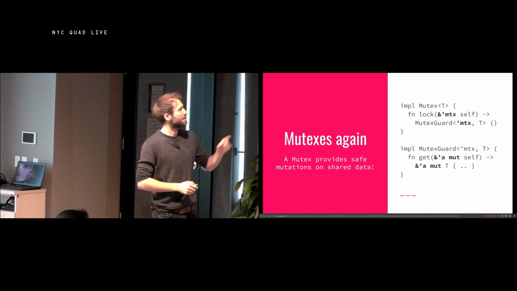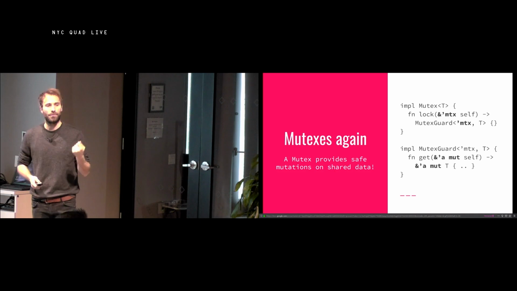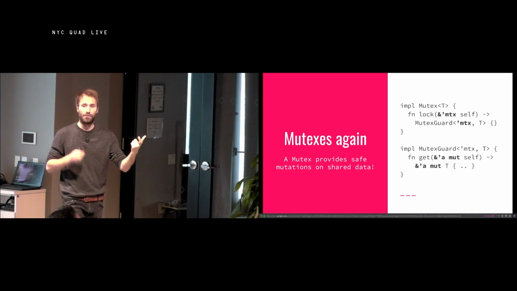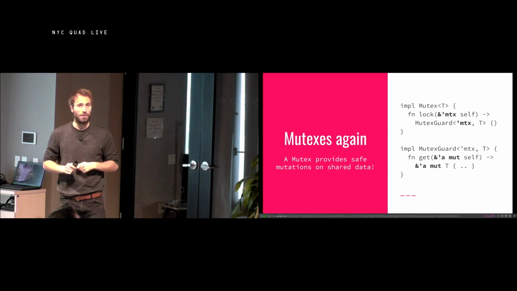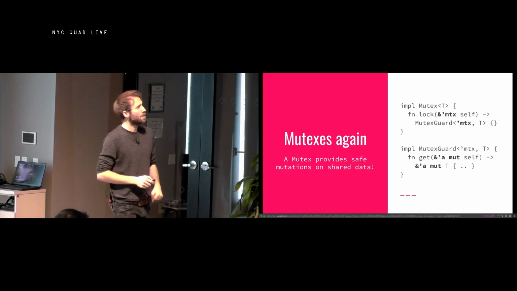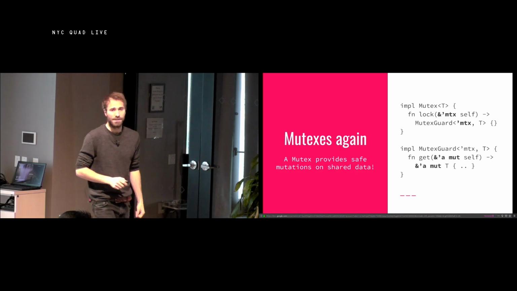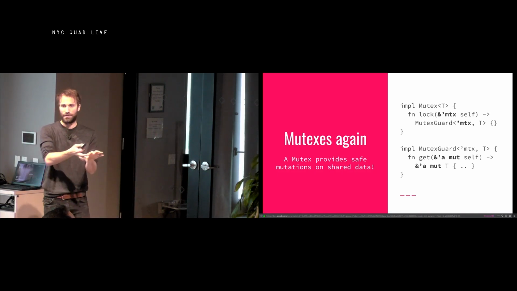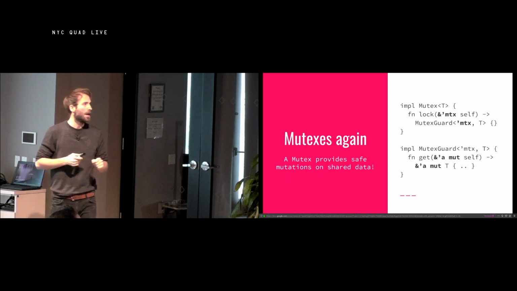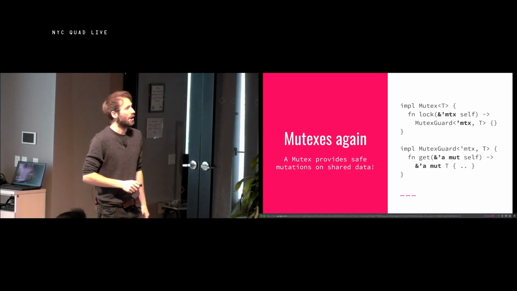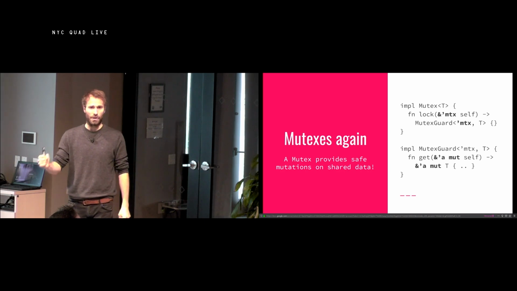In Rust, you have a mutex, in this case, that contains a T. Again, T can be any type. And notice that in Rust, the mutex wraps the T. So you have no way of getting at the T without also taking the lock. When you lock a mutex, it takes an immutable reference to self. Here I've annotated it with a lifetime of MTX for mutex, right? So the thing you get back from the mutex can't outlive the mutex, because the mutex would have gone away. And what you get back is this thing called the mutex guard, which you can think of as a sort of credential that you are currently holding the lock, right?